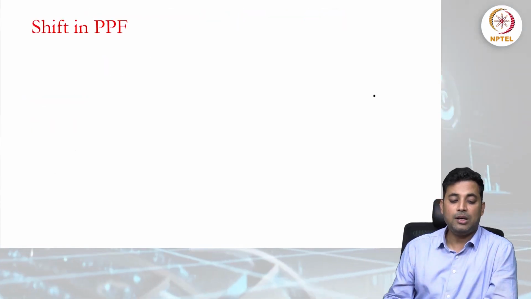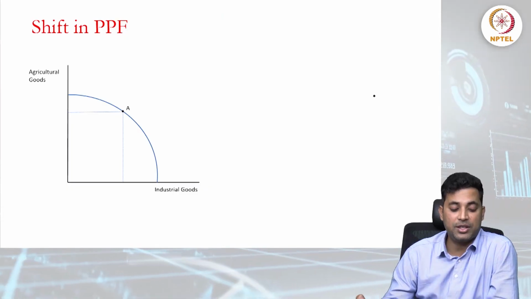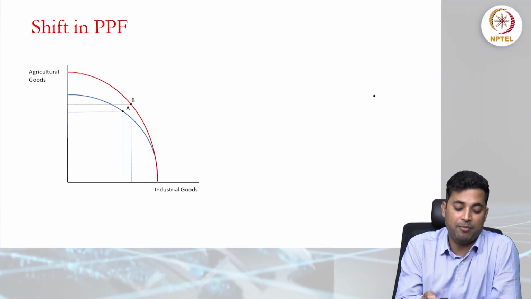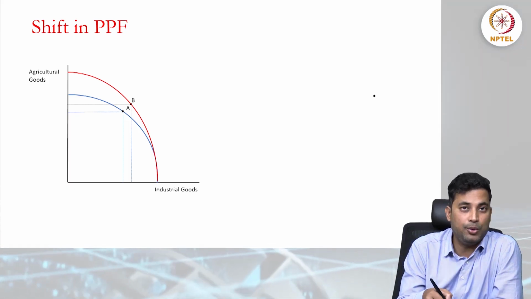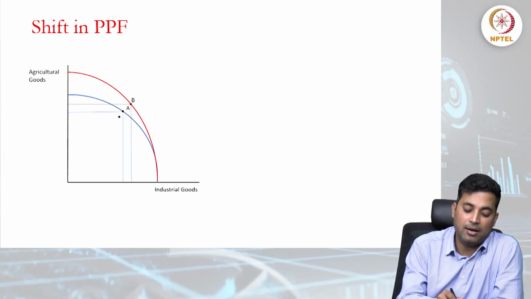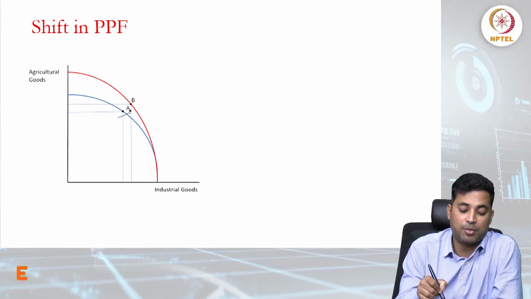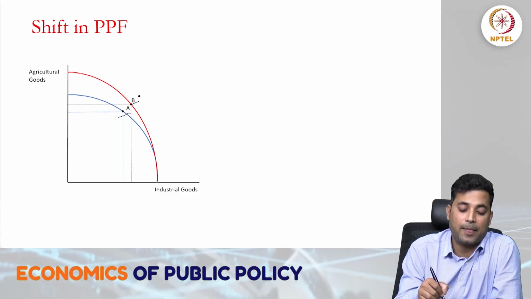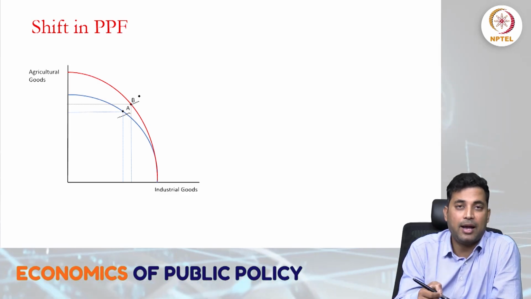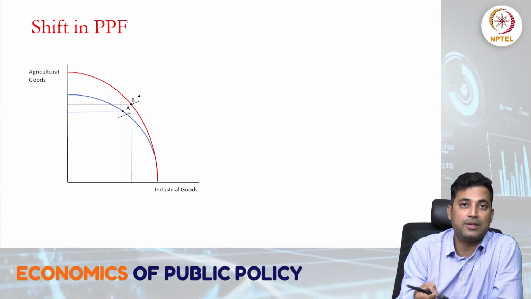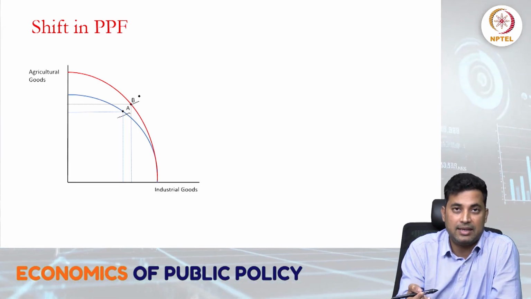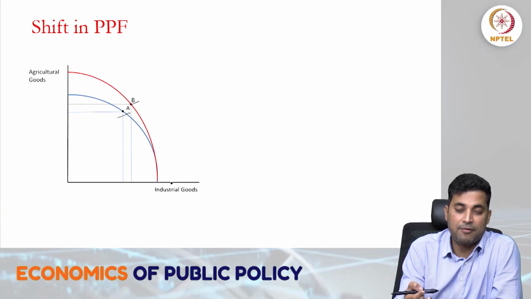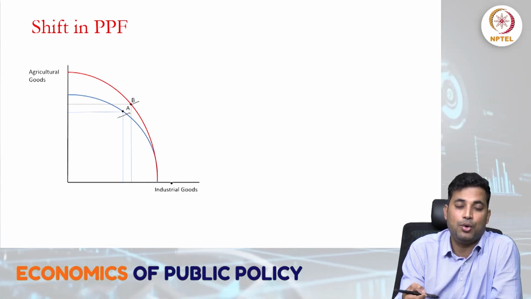Now moving to the next, how it shifts. This is one case where, say, point A and point B: point A is on the blue line of the production possibility frontier, and point B is on the red production possibility frontier. We have chosen two goods, one agricultural and the other industrial. So say we don't have much resources to go beyond